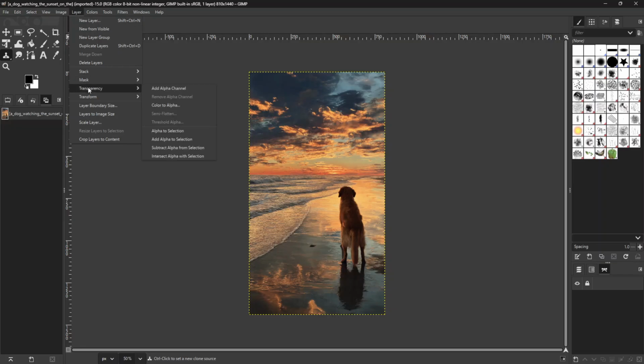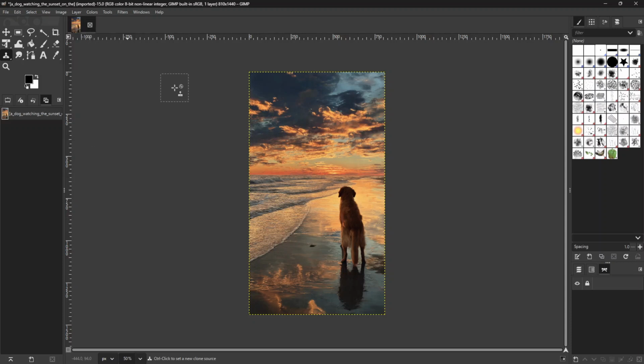Click on Tools in the menu, then select Selection Tools, and choose the Fuzzy Select tool. This tool is often represented by a magic wand icon. It's designed to make selections based on color and shading, and is perfect for picking out the background that contrasts with your main subject. Now, take the Fuzzy Select tool and click on the background area that you want to